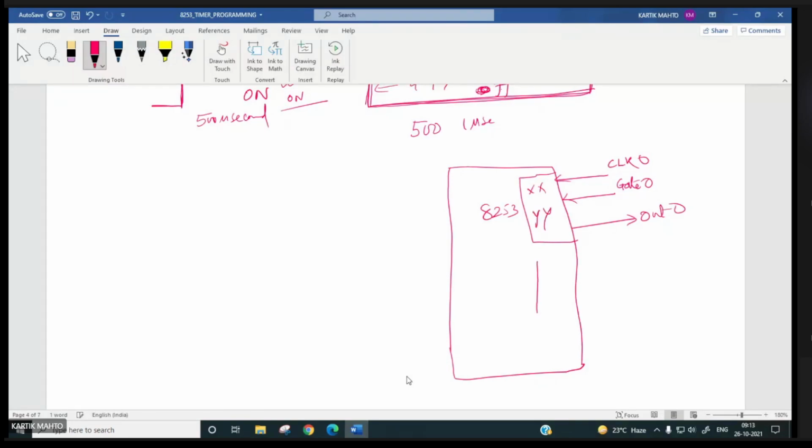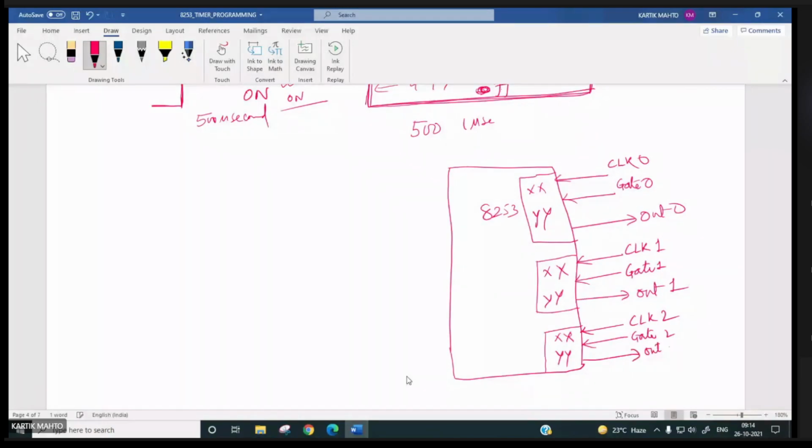Then the second counter has clock 1, gate 1, and out 1. Here also we will transfer the same count value, YY. Then the third is again the same count value. And this will be clock 2, this is gate 2, and this is out 2.